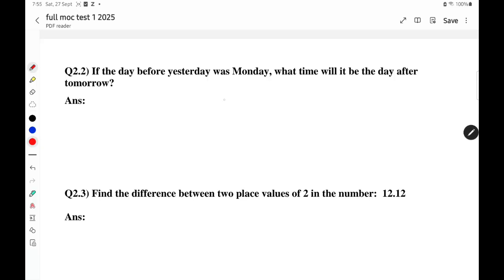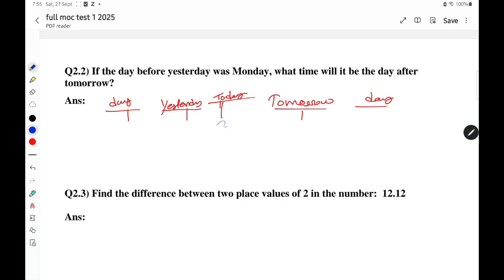So today, এটা হচ্ছে টুডে, এটা হচ্ছে ইয়েস্টারডে, এটা হচ্ছে ডে বিফোর ইয়েস্টারডে, তাহলে এটা হচ্ছে 3টে ডেট গেল। এটা হচ্ছে টুমোরো, আর এটা হচ্ছে ডে আফটার টুমোরো।